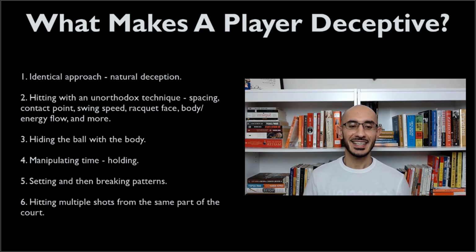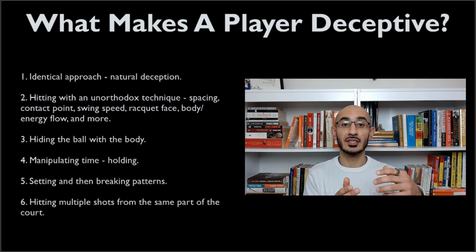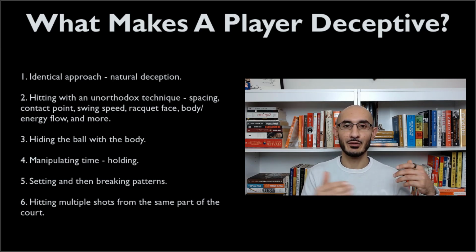Not much. This links into part number 6 that you see on the screen, which is that we have to be able to hit multiple shots from one part of the court. You want to play one shot, and then as soon as you play the other variation, you will automatically be deceptive because you're breaking the pattern. And if you have two options, now you also hold your opponent more honest on